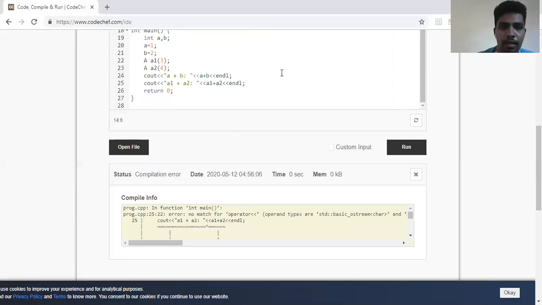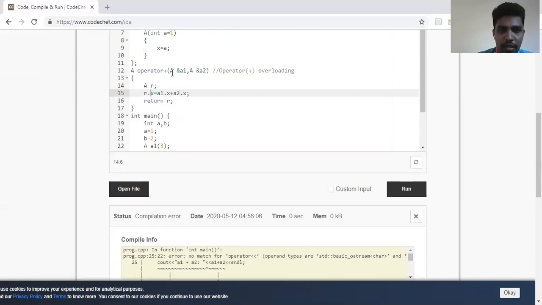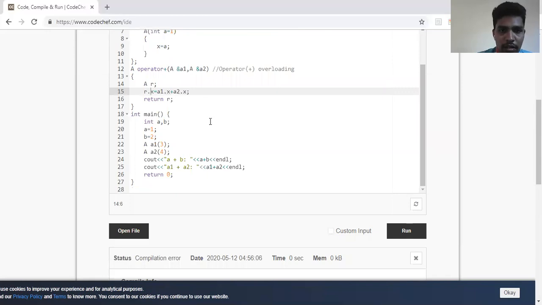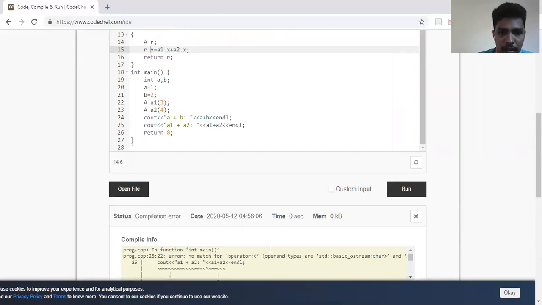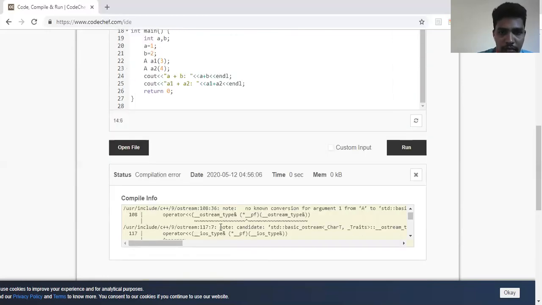Okay. So it is an error because of cout. Return. One second.